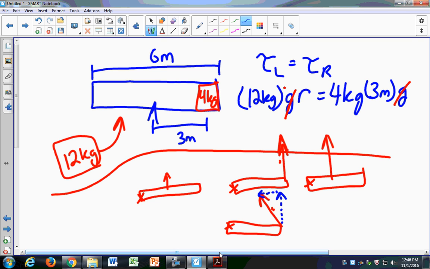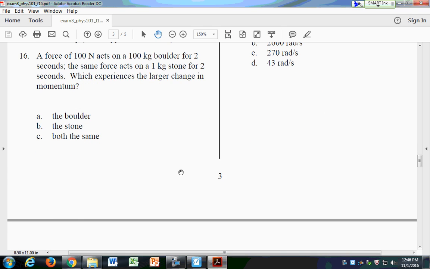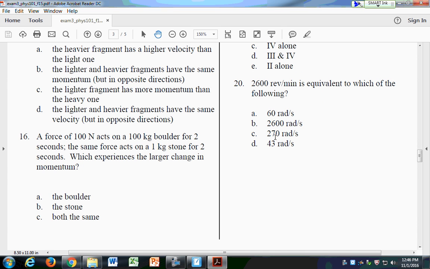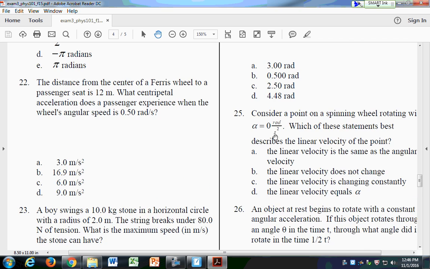Okay, let's just sort of peruse through this exam. Well, there's a conversion. Yeah. 25 on that exam was when I saw